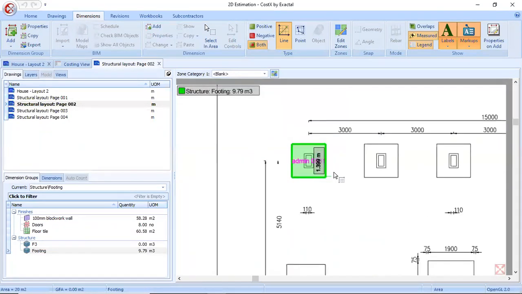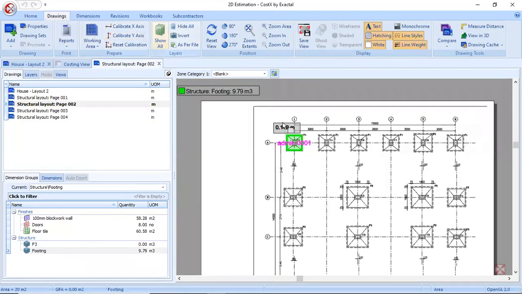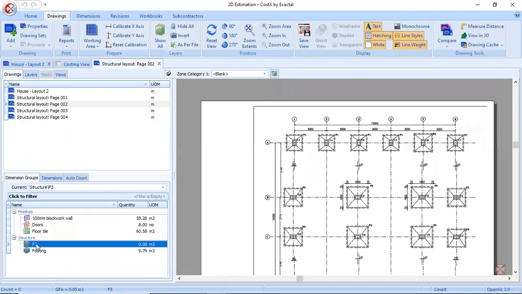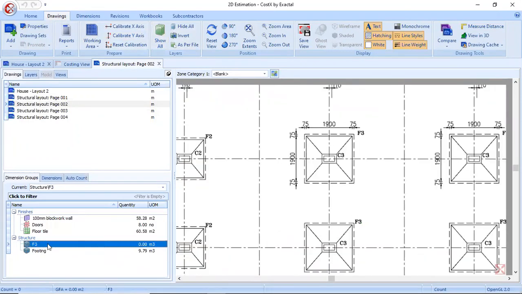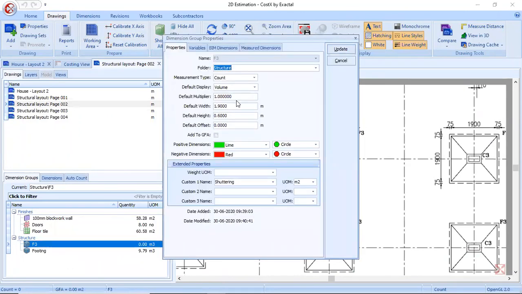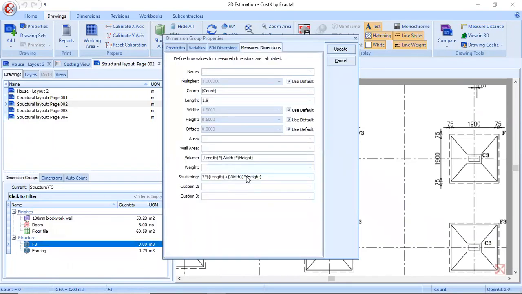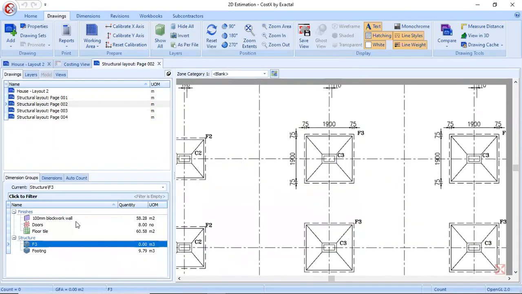And if your footing schedule does not indicate the number of footings, you can easily count also. So I'll just make all layers visible. Now I'm going to count the F3 footing in my drawing. For F3, I have the schedule of the footing, with its length, width, height, etc. With that, the same formula I have applied here. To count, I have an auto count option. Auto count is more useful for PDF and JPEG files.